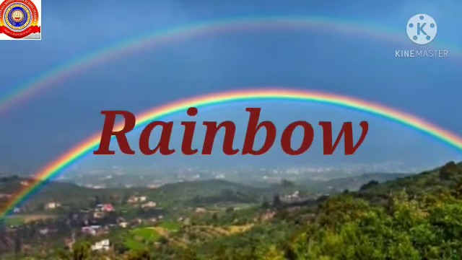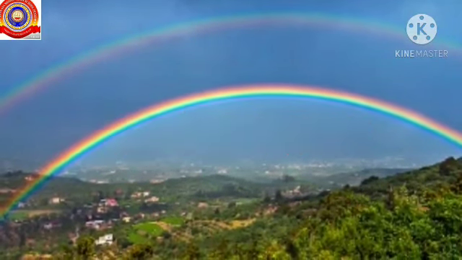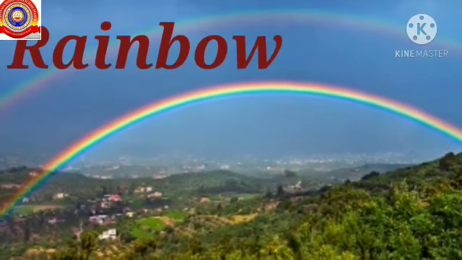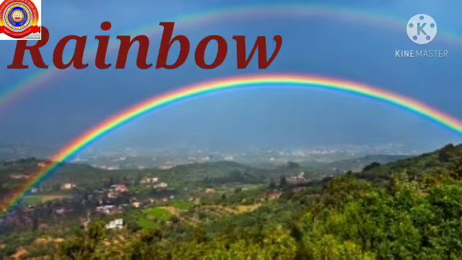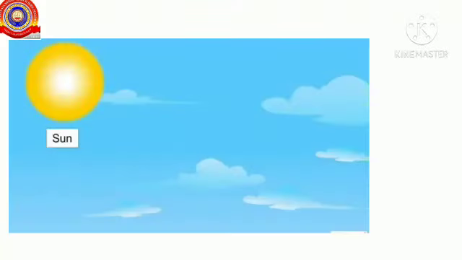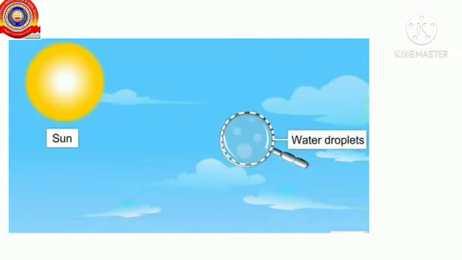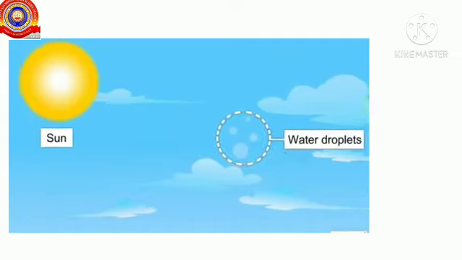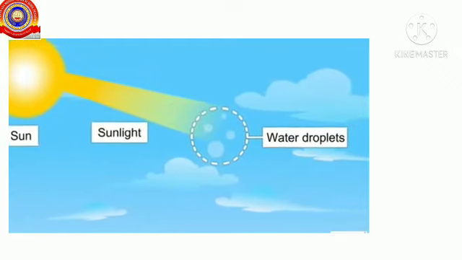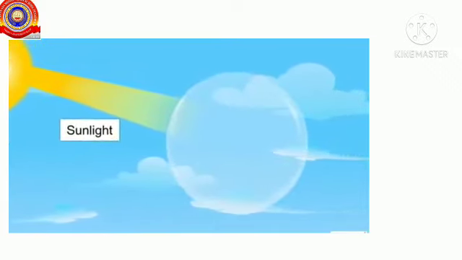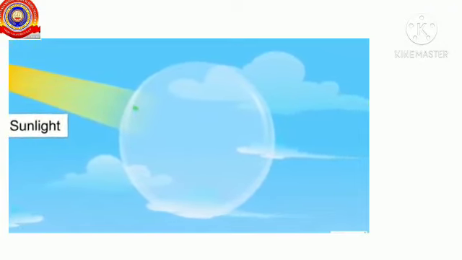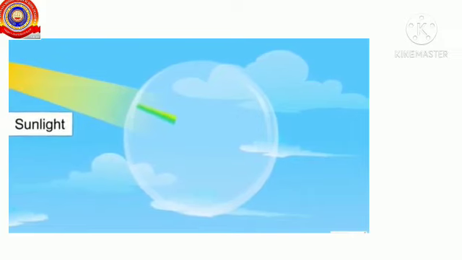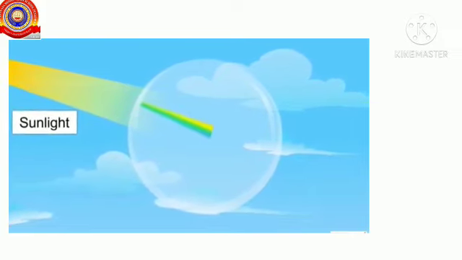Next we are going to study about the rainbow. All of you would have seen a rainbow. Yes, we can see a rainbow just opposite to the sun after the rain. After the rain, so many water droplets are present in the atmosphere. Each water droplet acts like a small prism and refracts the incident sunlight. As soon as the sunlight enters a water droplet, it splits into its 7 constituent colors, that is VIBGYOR,